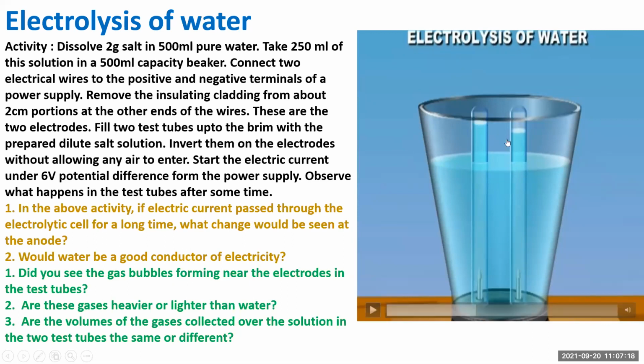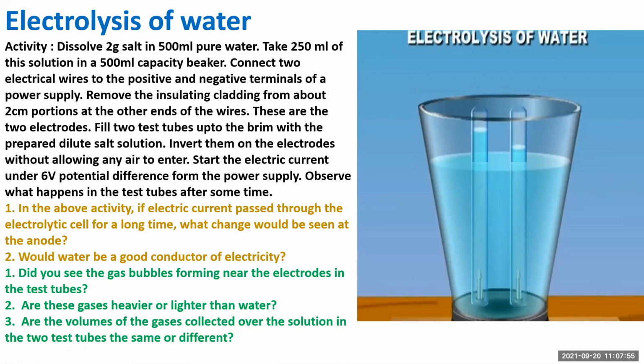So there are two elements in the molecule of water, hydrogen and oxygen, and here are two electrodes. In one electrode you are getting hydrogen and in another electrode you are getting oxygen gas. As the water decomposes, we obtain two gases at the two electrodes. Now in this activity, how to identify which one is oxygen and which one is hydrogen gas is also shown.